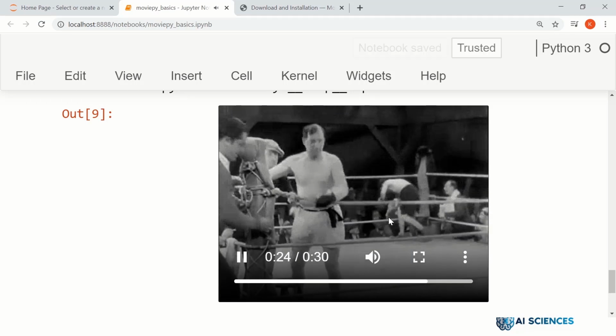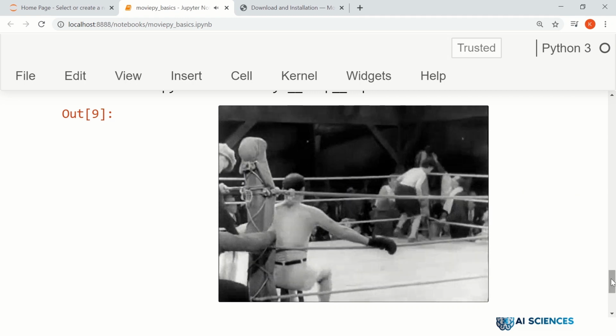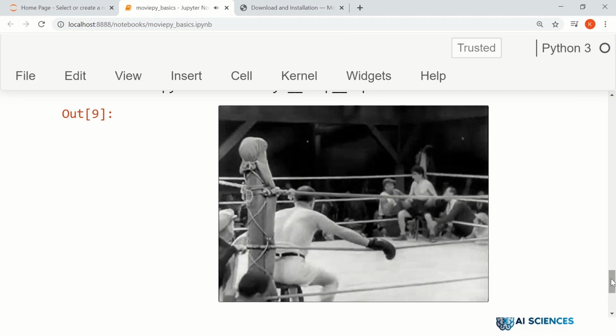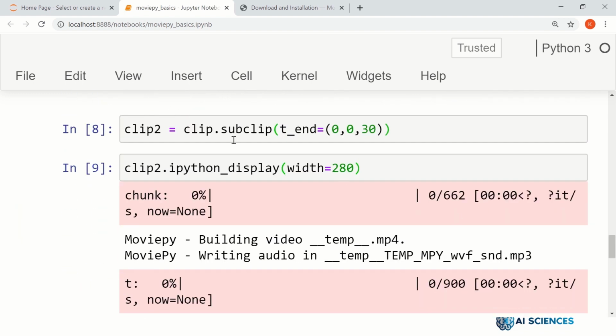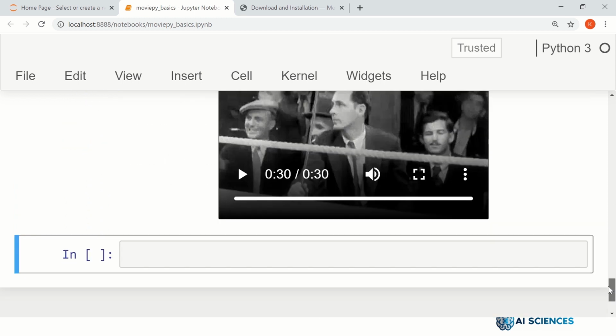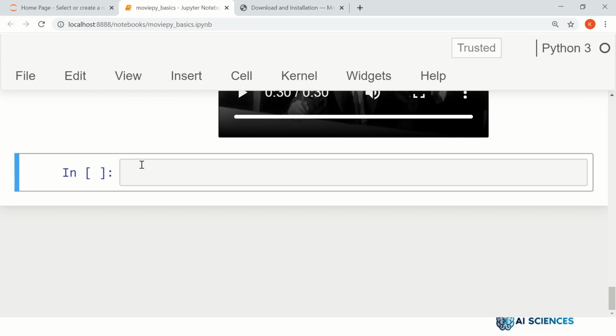So these are the 30 seconds of the video. And not only that, you have found the subclip. If you really want this subclip, or the part of the video, to be saved on the hard disk, you can actually go and write